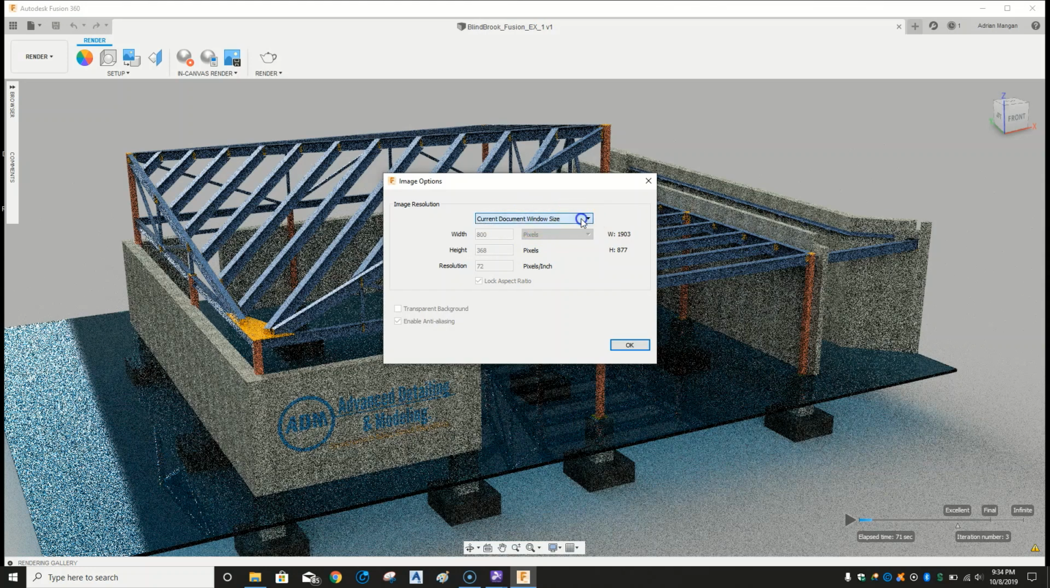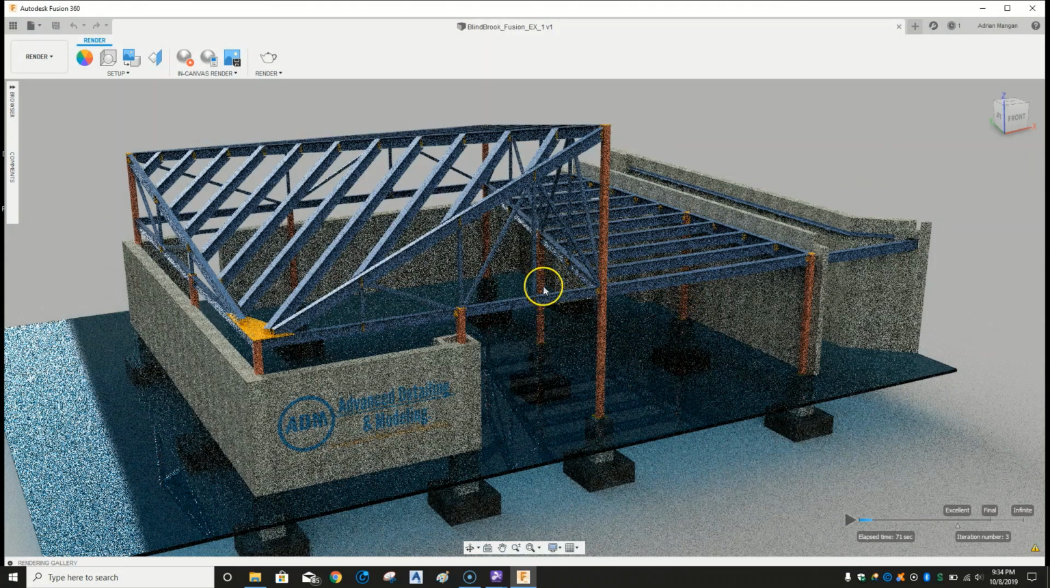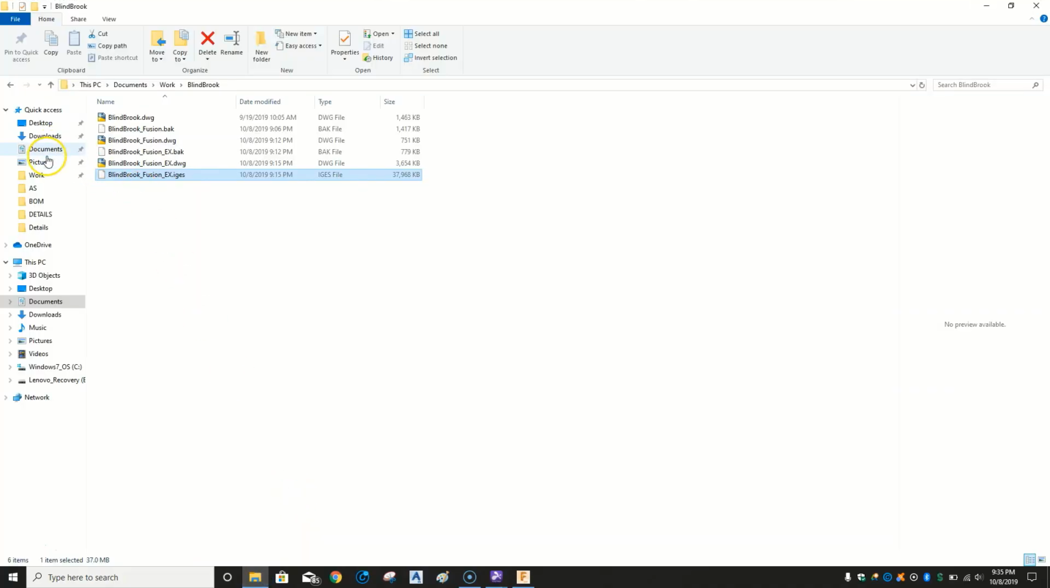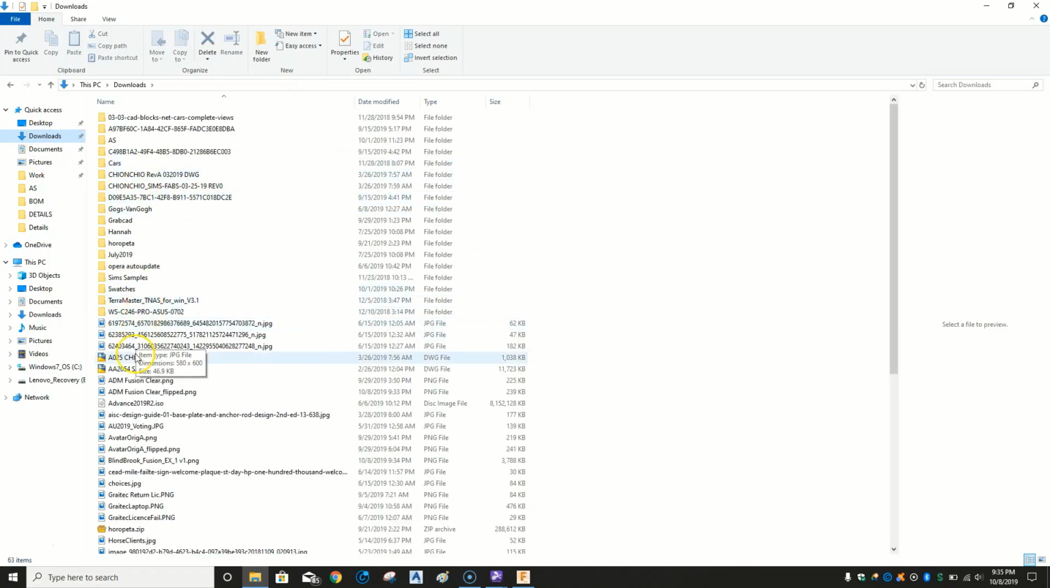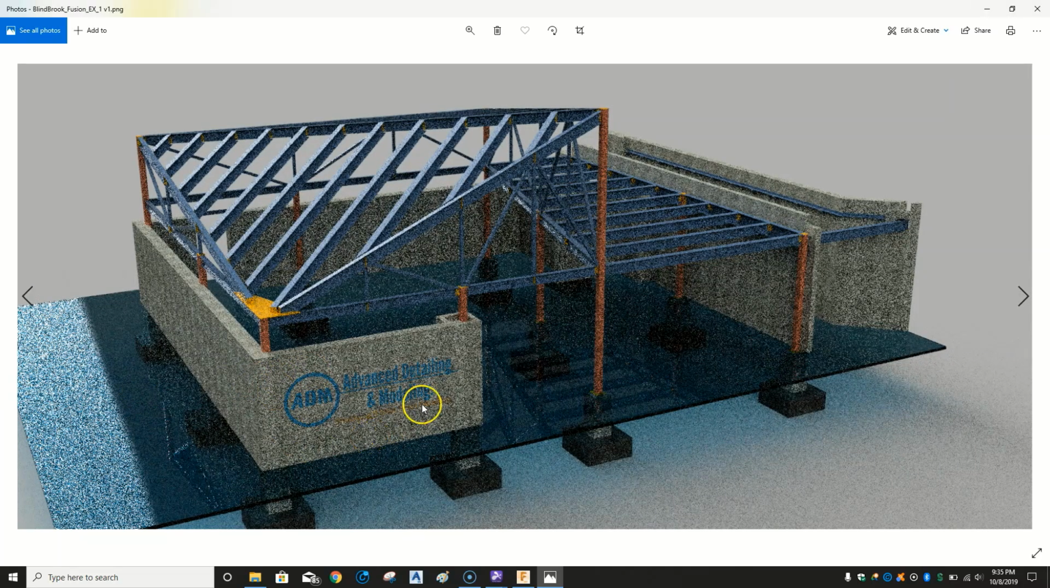So I want to do the current window size, document window size. I'll do OK, and then it's going to give me the option to save it on my computer to downloads. That's the name, I'll leave that the same. So if I go to my downloads, you'll be able to see what I've got. It's blind book, so it should be here. You'll see it was basically what I had on the screen when I chose to capture. As you can see, the ground is very glassy. Maybe we would want to leave that concrete, but just to give you an idea,